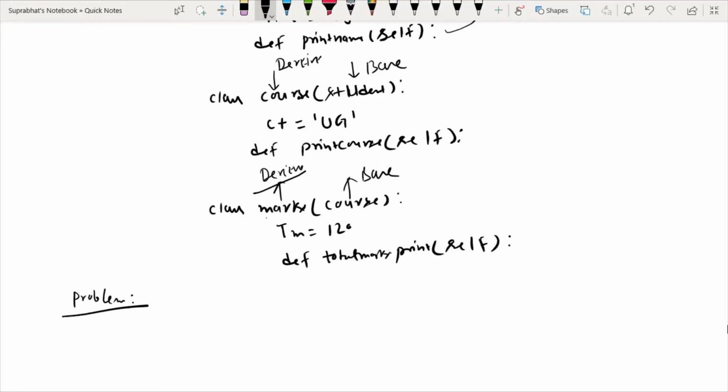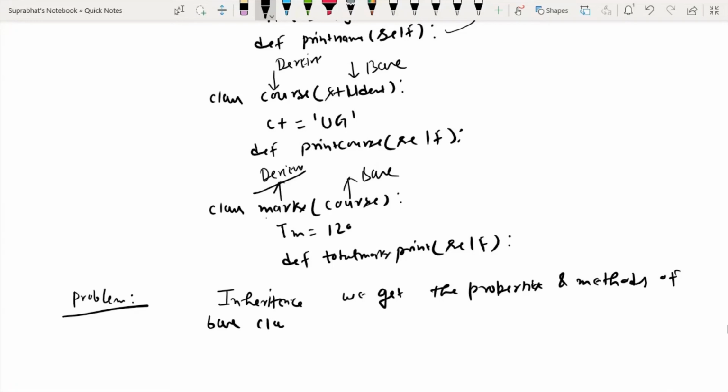We are saying that in inheritance we acquire the properties. We get the properties and methods of base class into derived class.